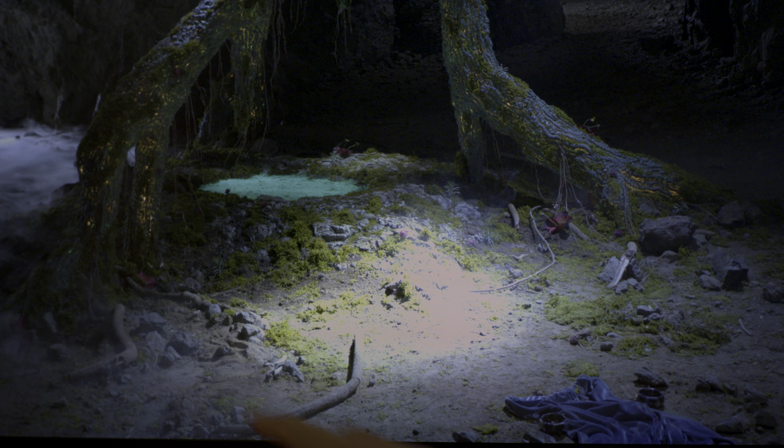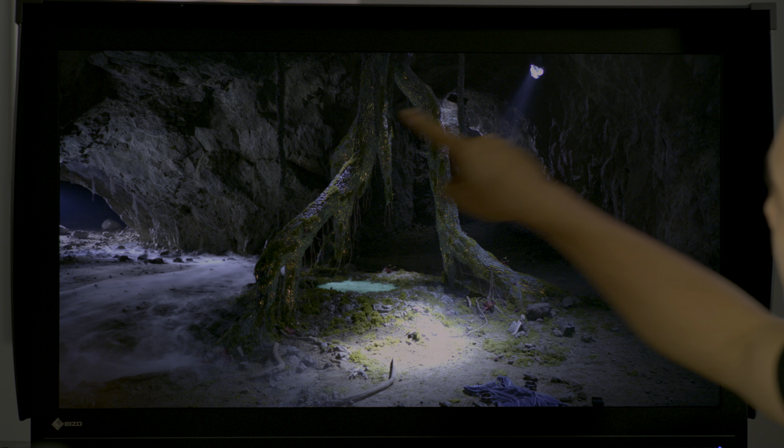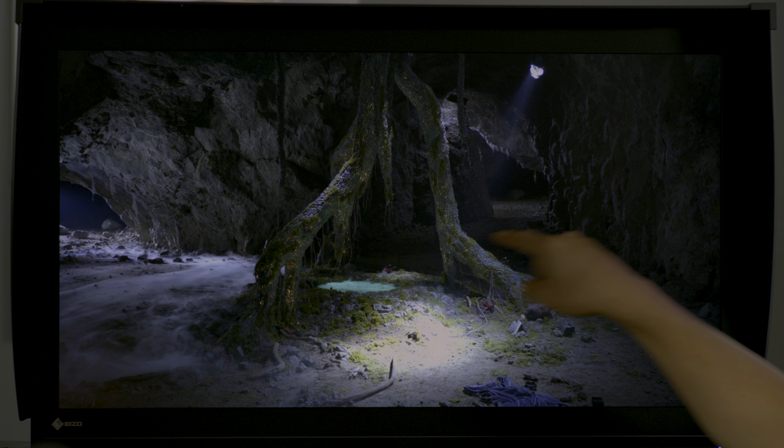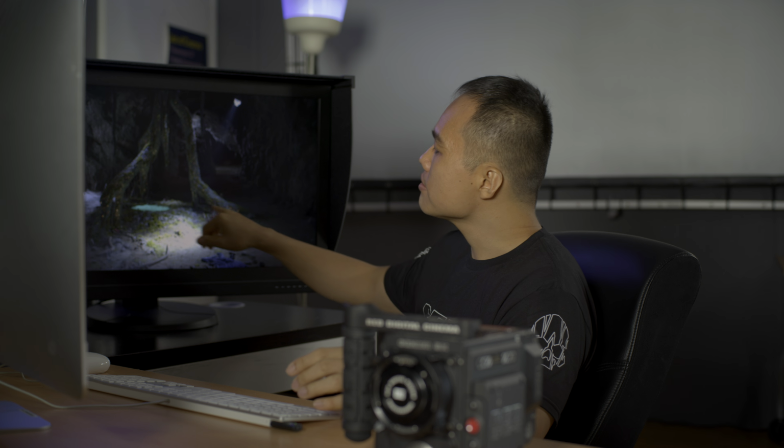Now, the question is this: why didn't RCM preserve my highlight information in the first place? The reason, as far as we can tell, is this: RCM prioritizes the midtones of the shot. And anything that doesn't fit within Rec 709 then exceeds it and goes above the waveform monitor. This has got nothing to do with RCM being faulty and everything to do with the fact that Rec 709 is a standard dynamic range deliverable, which brings us to the topic of why high dynamic range deliverables are